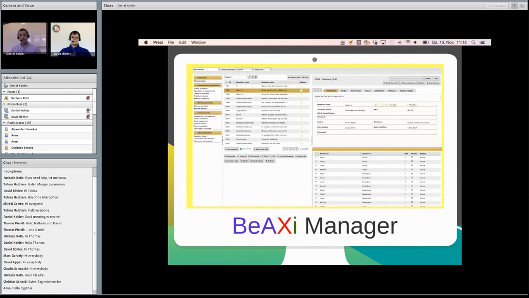And what's great about the BeAXi Manager is it comes with 15 predefined question types, if you so want. And these question types could be, for example, just simple single choice questions. They could be multiple choice questions.